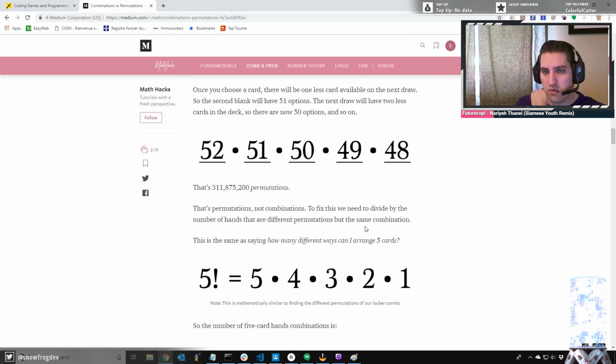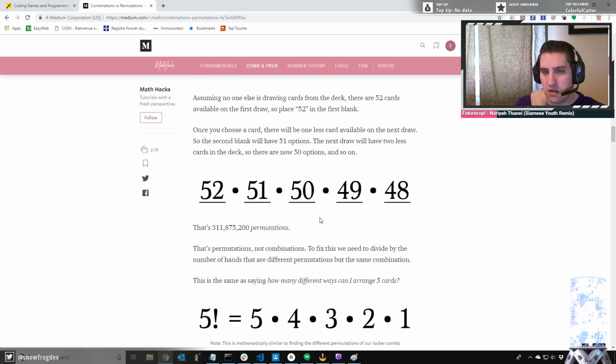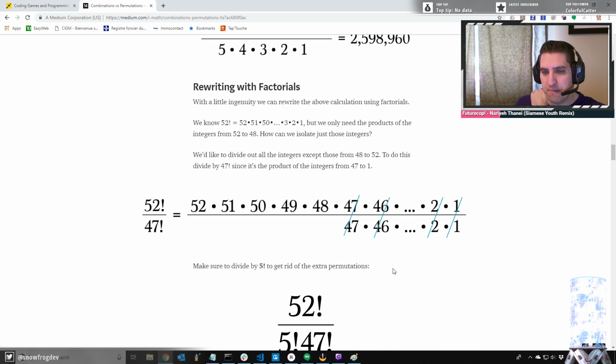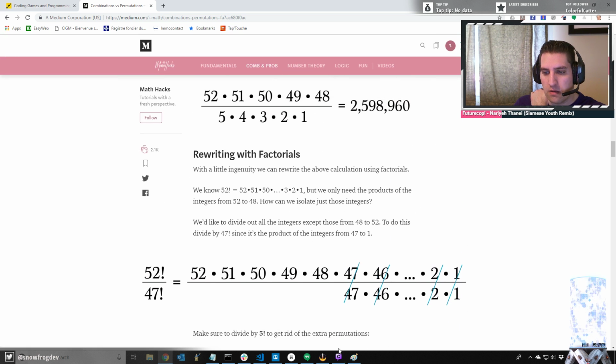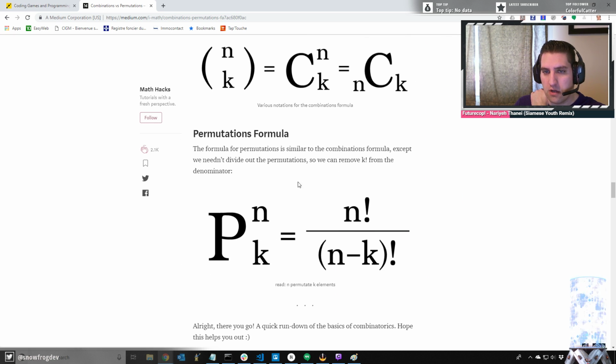So we're looking for the permutations, and that is as simple as just multiplying. So let's just do that then. There's probably a nice little formula. Oh, well, there is. Here it is, permutations formula. The formula for permutation is similar to the combination formula, except we needn't divide out the permutation. So we can remove k